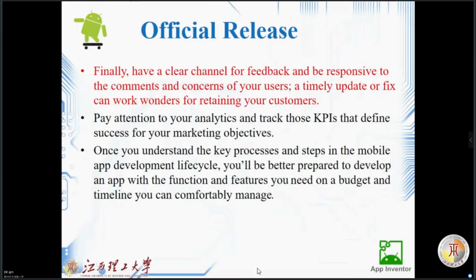Pay attention to your analytics and track those KPIs that define success for your marketing objective. Once you understand the key process and steps in mobile app development, like a scale cycle, you will be better prepared to develop an ad, and you will know the function and feature you need on the budgets and timeline that you can comfortably manage. These are